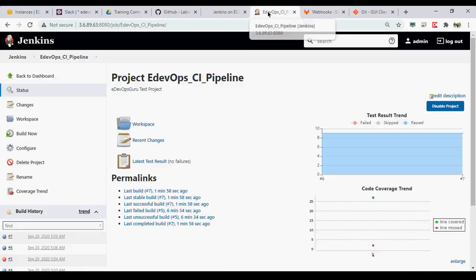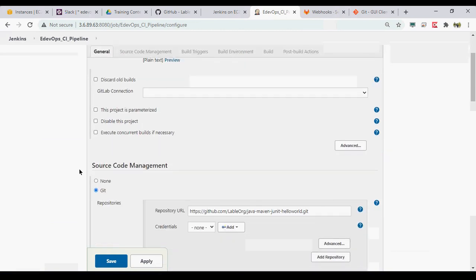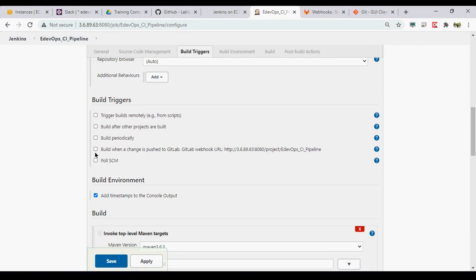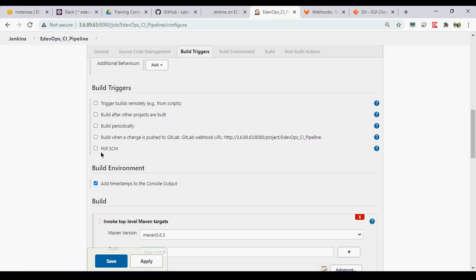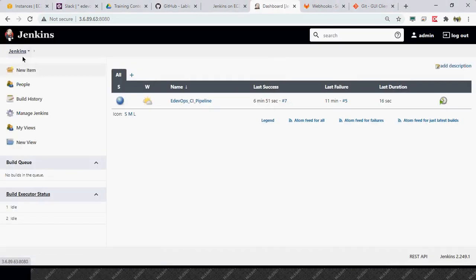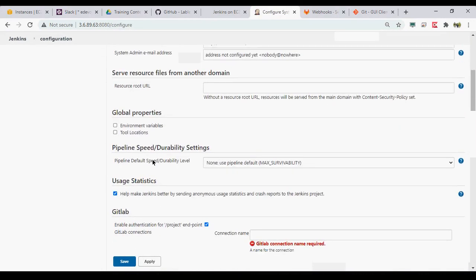So how do we get that particular URL from Jenkins? Go to the job which you want to integrate with that particular GitLab. Since we have already added the GitLab plugin, we will see some of the parameters here. You can choose poll SCM, and you can define SCM. We have not yet defined SCM, but let's see if we had defined it here. You go to system.